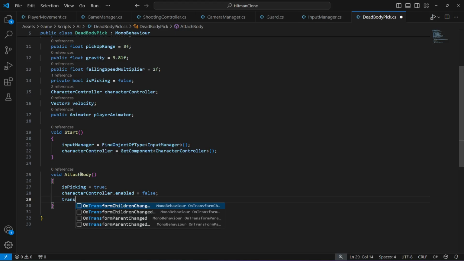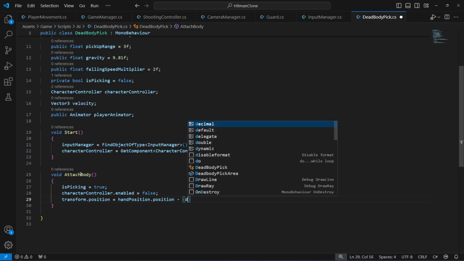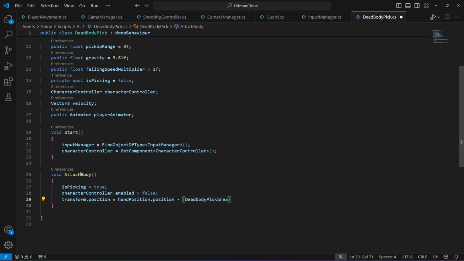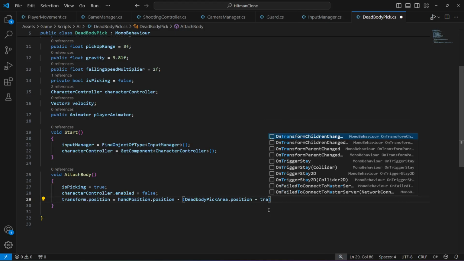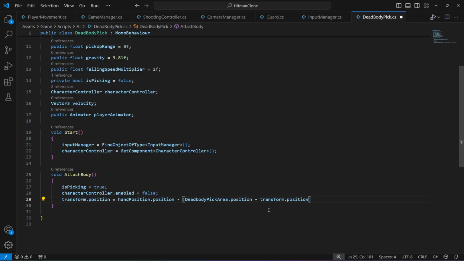Then transform dot position will be equals to hand position dot position minus the dead body area dot position. So the dead body will be placed in the player hands. Alright, so we will say minus transform dot position. Alright, then